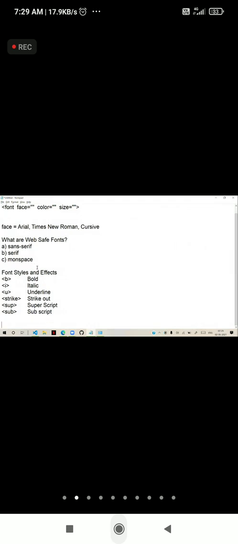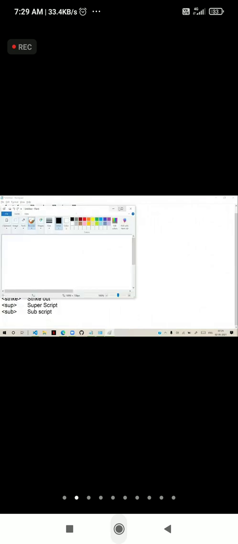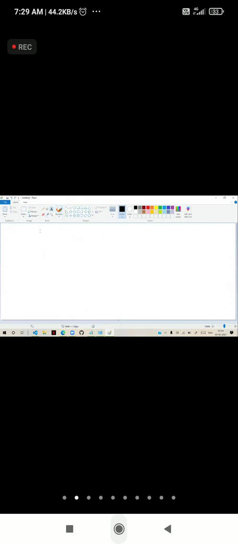But actually, for some of them, we have two important options available. Generally, what happens in development, when you are designing a page, suppose you are a developer and you are designing some HTML page.